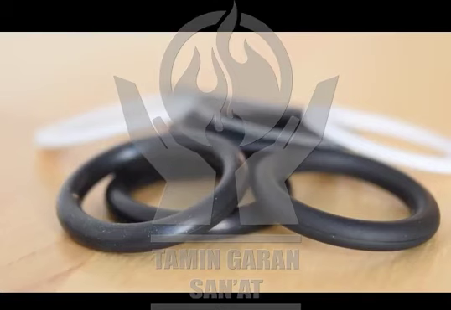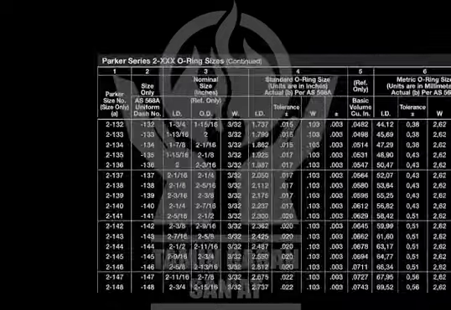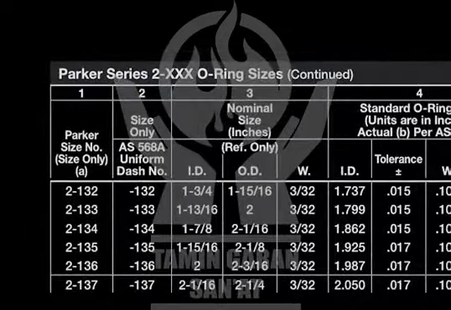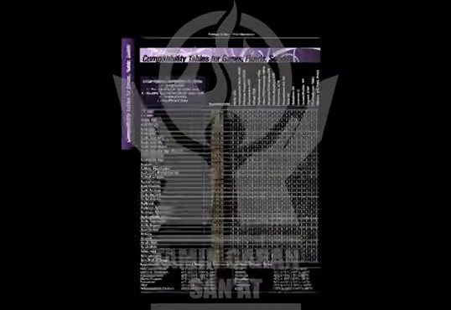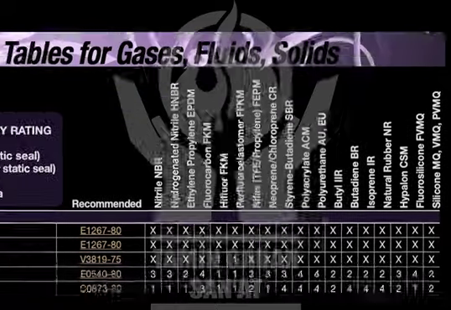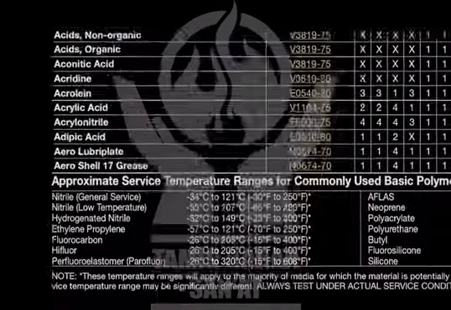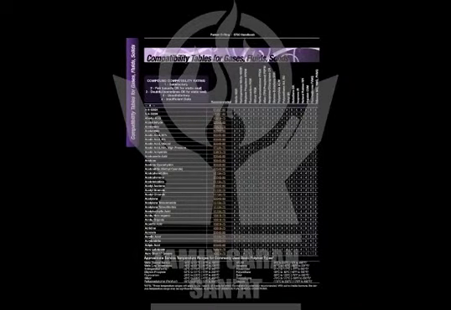Regardless of the gland design you select, you'll likely need to choose an off-the-shelf O-ring from a catalog. O-rings are available in standardized sizes. The most common standard is AS568, and each size is assigned a dash number. O-rings conforming to these sizes are available in many different materials. The primary considerations for selecting a material are the working fluid and the temperature. Design tables like this one in the Parker O-ring handbook are the easiest way to select a material that's appropriate